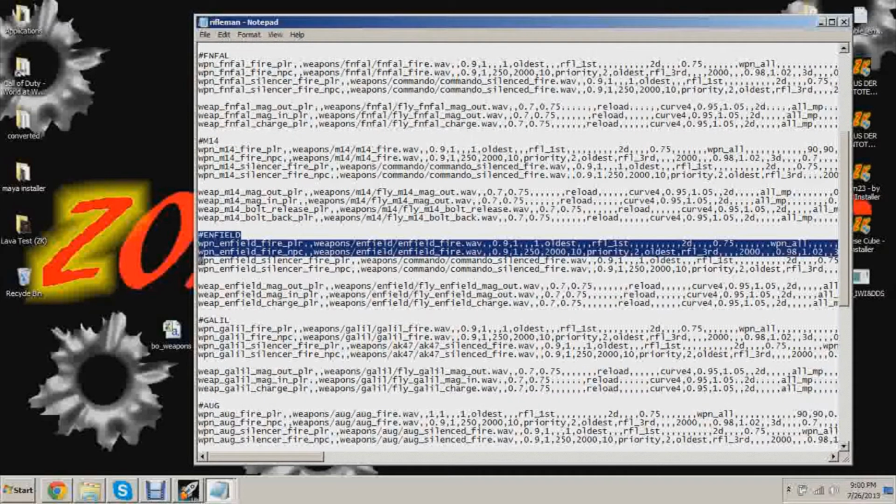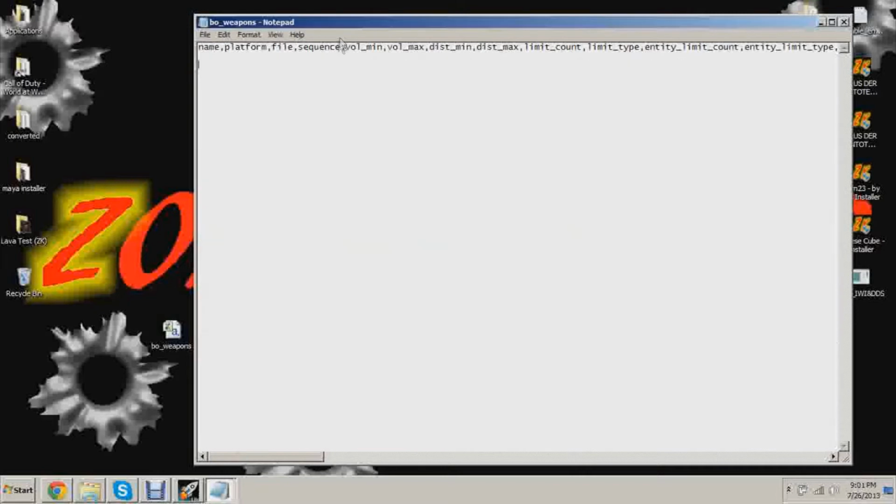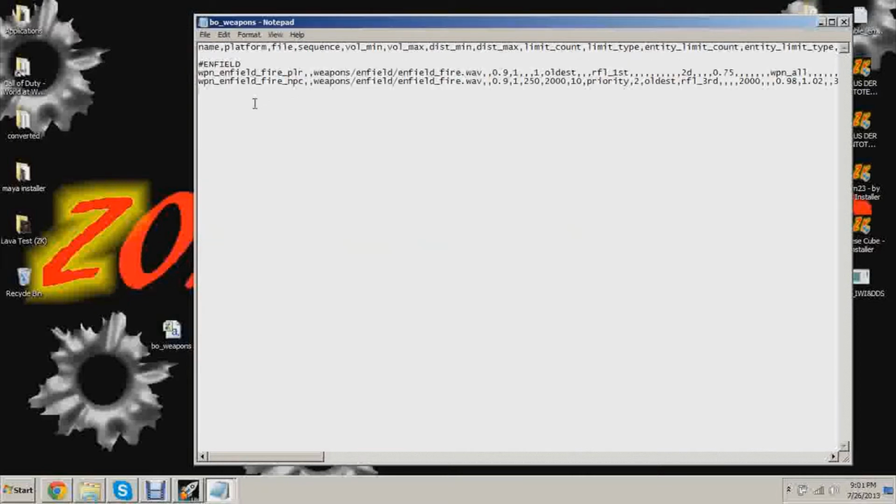Copy the first 2 lines like so. So you get the first 2 lines of the sound alias and Rifleman. Now I'm going to go to BO weapons and paste that in just like that. Push enter once and we'll go back to